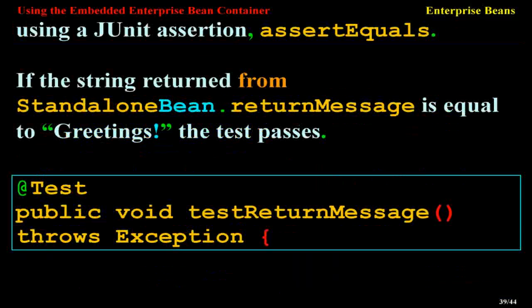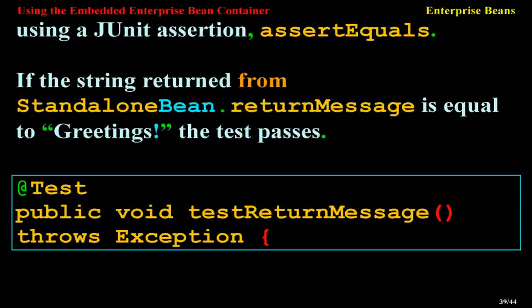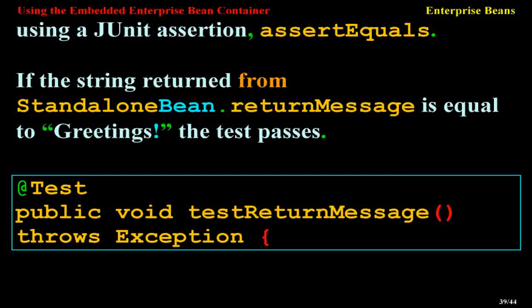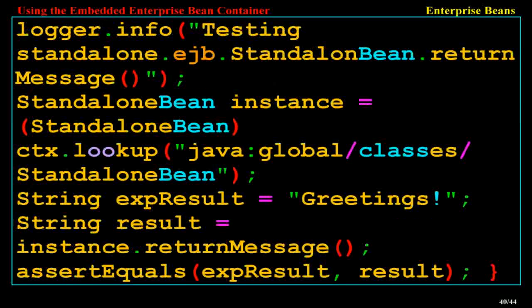If the string returned from StandaloneBean.returnMessage is equal to "Greetings!", the test passes. @Test public void testReturnMessage() throws Exception { logger.info("Testing standalone.ejb.StandaloneBean.returnMessage()"); StandaloneBean instance = (StandaloneBean) ctx.lookup("java:global/classes/StandaloneBean"); String expResult = "Greetings!"; String result = instance.returnMessage();